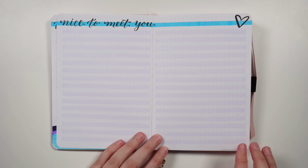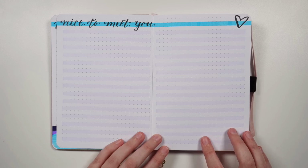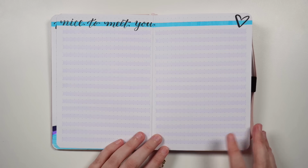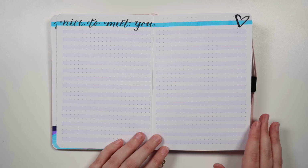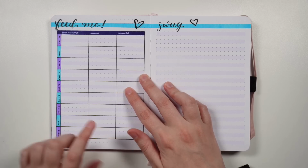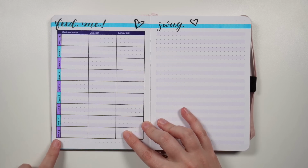I want to be able to write down who they were, write down something like an Instagram handle or any other kind of social media handle so I know where to find them again. Again, just another nice way to list out my new planner friends. Flipping over though, this one I kind of wish I had put earlier, but this is my feed me